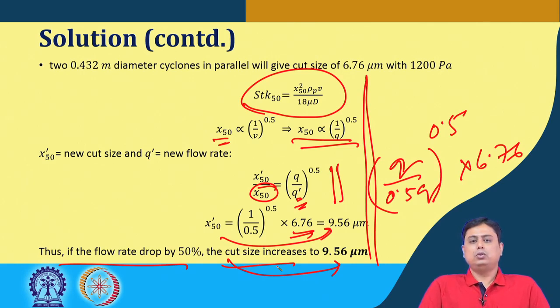So say similar to this, if the problem is rephrased in the way of having a pressure drop loss, so pressure loss suddenly goes down to a different level, then you should be able to connect this problem to the Euler number having a constant value, or the relation between the flow rate and the pressure drop. That should give you the pressure drop or the flow rate if any one of those changes. So such an analytical process you have to think through, because we have now solved several problems,